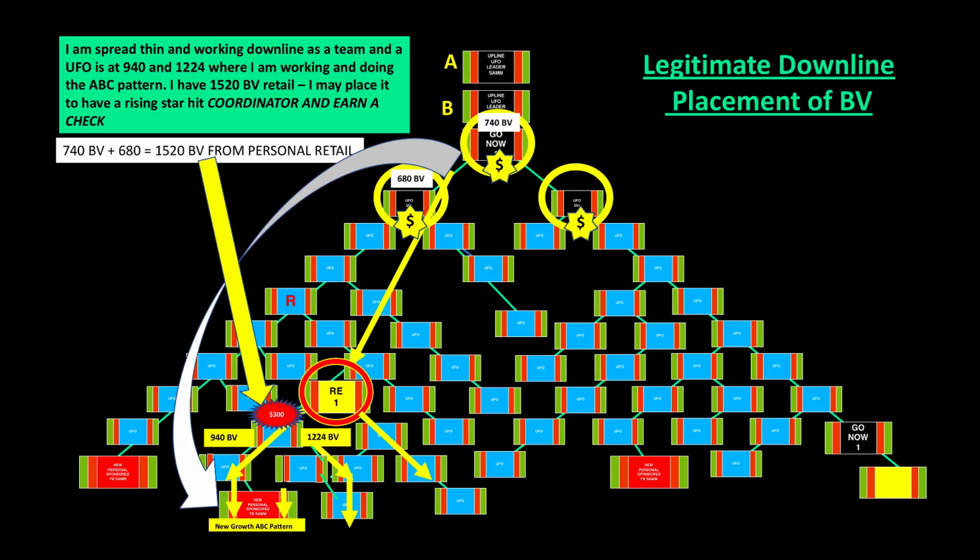So I have this extra volume. We're working the business, we're selling. They're just this close. They're 1,200 on one side and 940 on the other. Well, I might put that BV down in my personally sponsored center that's on transfer buying. They might not even know it. I prefer that they don't know it. I usually don't tell them, to put them over so that they get a hit, so they get a reward, so they get recognized, so they're excited. That's when it makes sense. And that's a far cry from just loading the system.